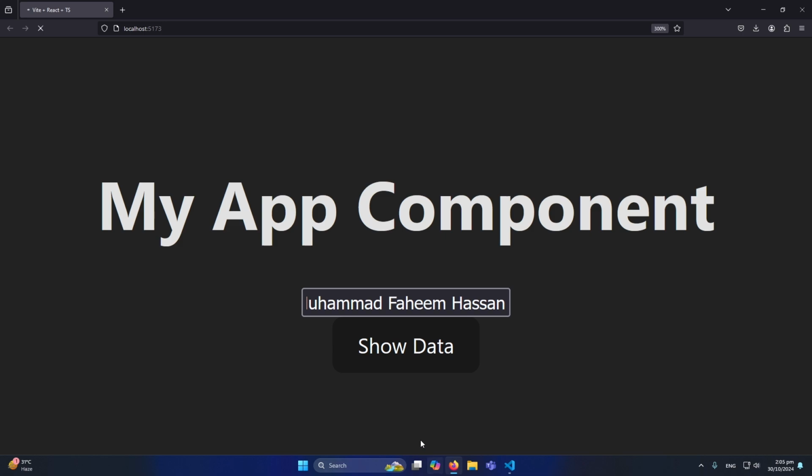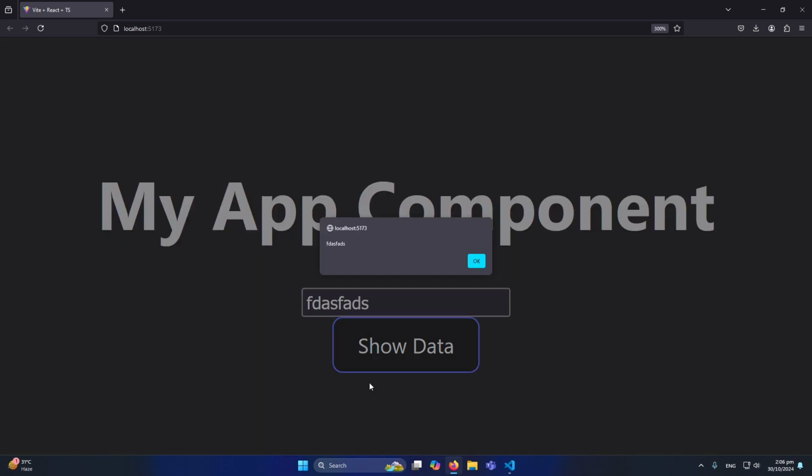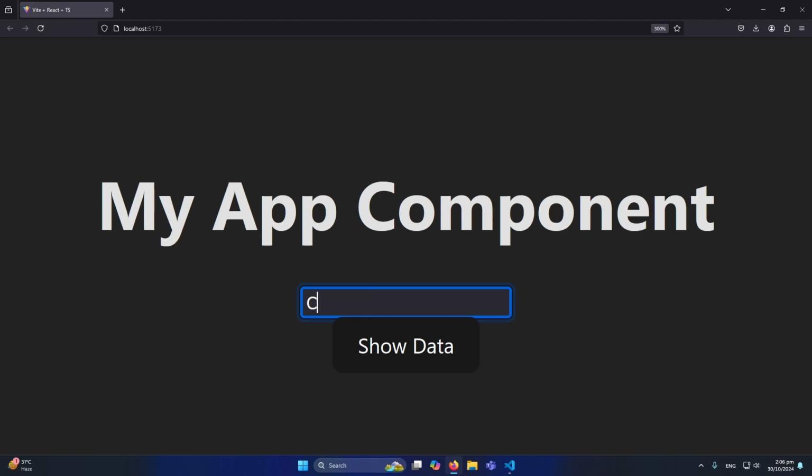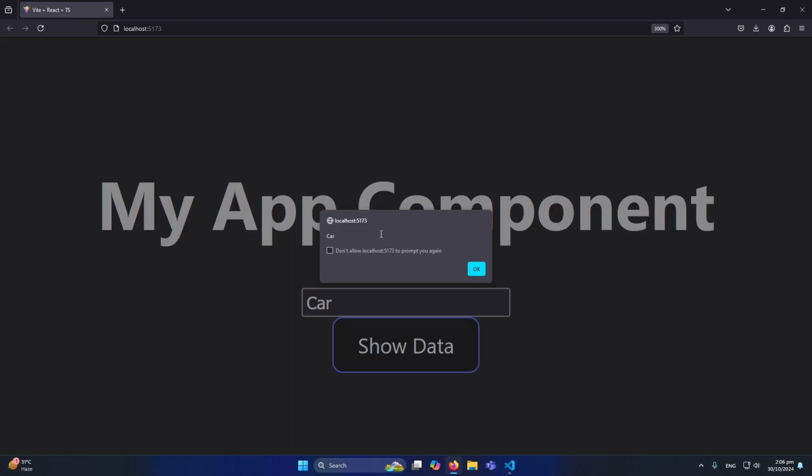Again, let me refresh, type some data, and if I click on it, you can see that the same data is appearing. Let me type here car, and if I again click on show data, the car is displaying on our screen. So friends, this was our uncontrolled components in simple